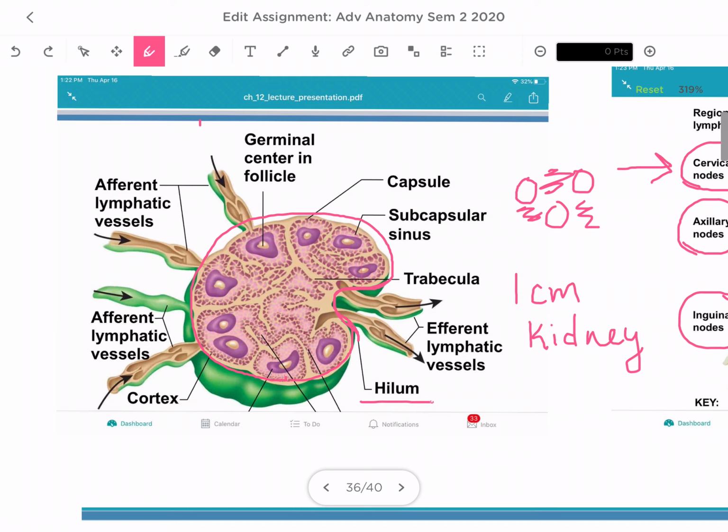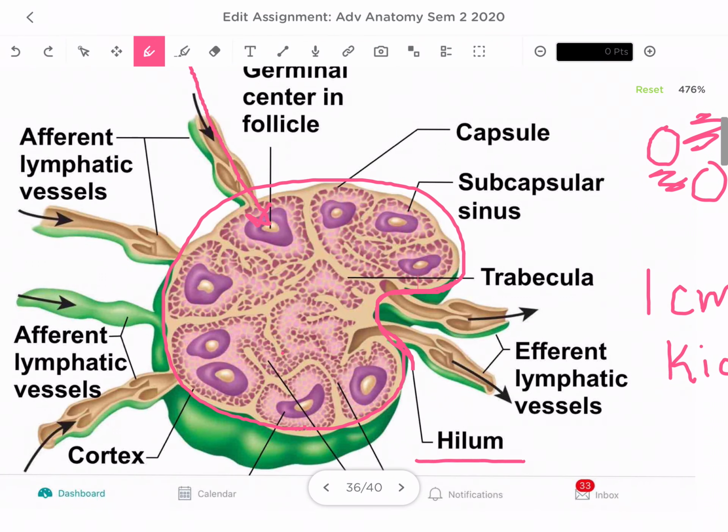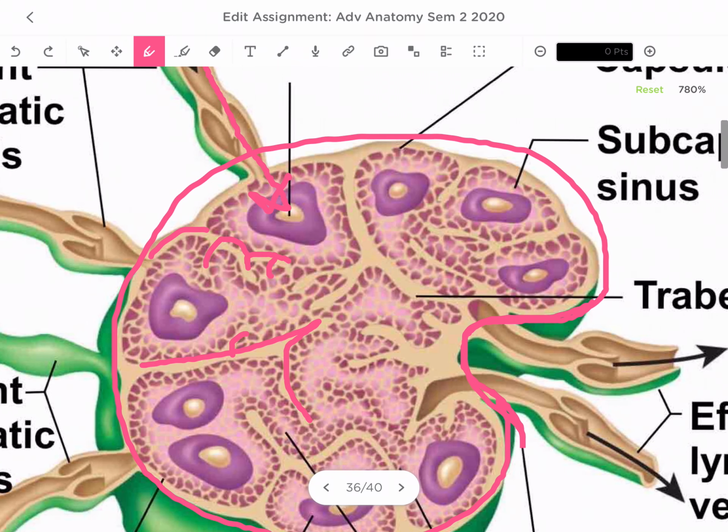This fluid flows into the lymph node, and lymph nodes are really cool because they have these folds. See all these little tan colored folds? All of these little white blood cells, or lymphatic cells,